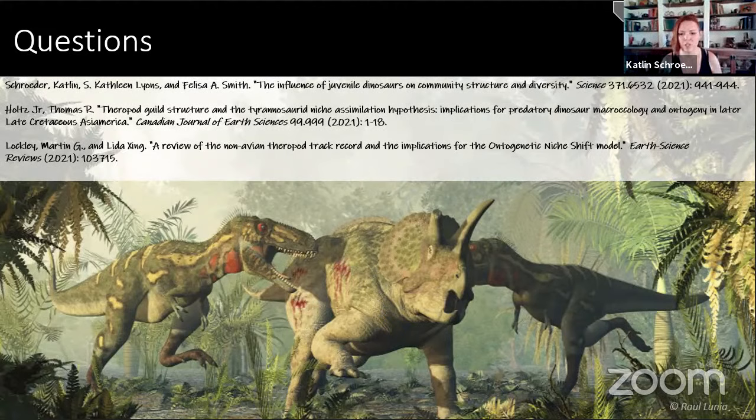Well, as I mentioned, I'm already working on a functional diversity project, which is a fascinating area of research. I think my favorite areas of research tend to be anywhere that I can take modern ecology and reapply it to the past. A lot of dinosaur paleontology in particular has focused on morphology and on phylogenetics, trying to figure out who's related to who and why you look like this.